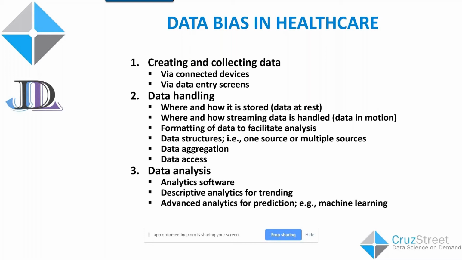So we've got to see where we store it, how we format it, and who we give access to, so that number three, can we do the proper analysis we need to do, whether it's trending through time, like I showed you on the two case studies, or afterwards doing machine learning and predictive analytics. So I've built a Venn diagram on the next slide to try to look at how these three things relate